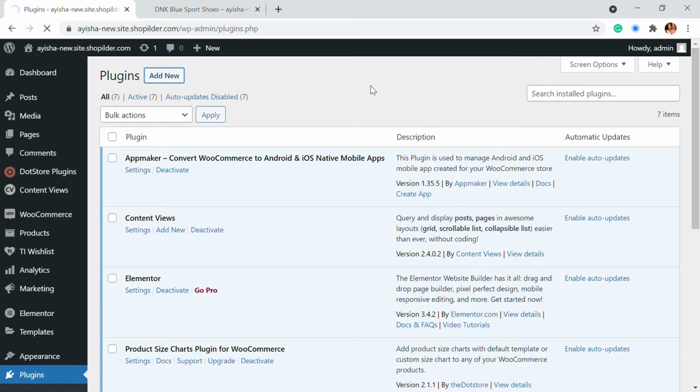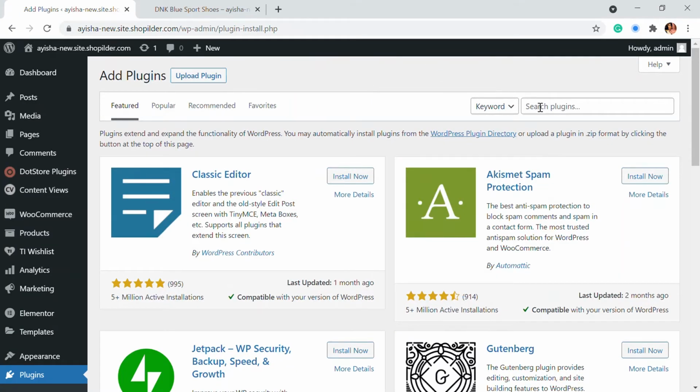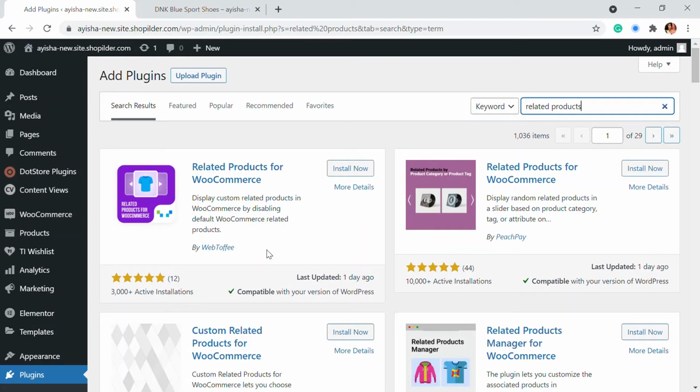I'm going to search for related products, and we have this plugin, the Related Products for WooCommerce plugin. I'm just going to install this plugin right now. Once installed, you can click on activate, and we'll go to the settings.